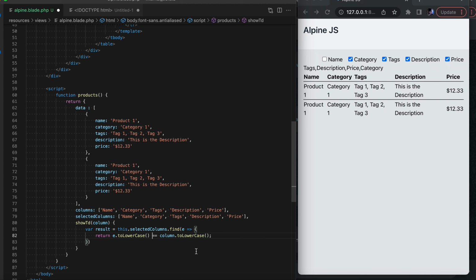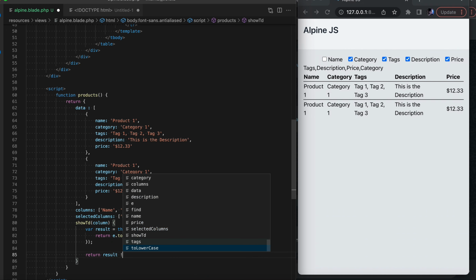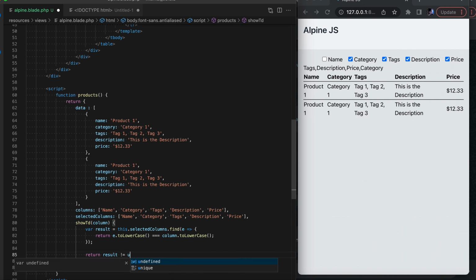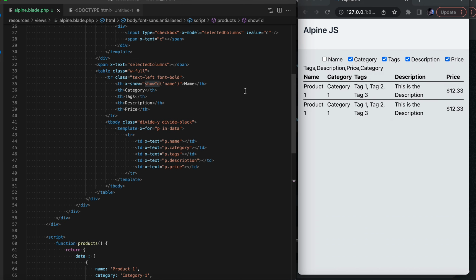So if something is returned, it would get stored in the variable result. And next, I'm going to return whether result is undefined. If it is undefined, that means it is not present in the selected columns, otherwise it is present. So this way, if a column is present in the selected columns, this method will return true, otherwise it would return false. So let's add the same thing over this TD as well.